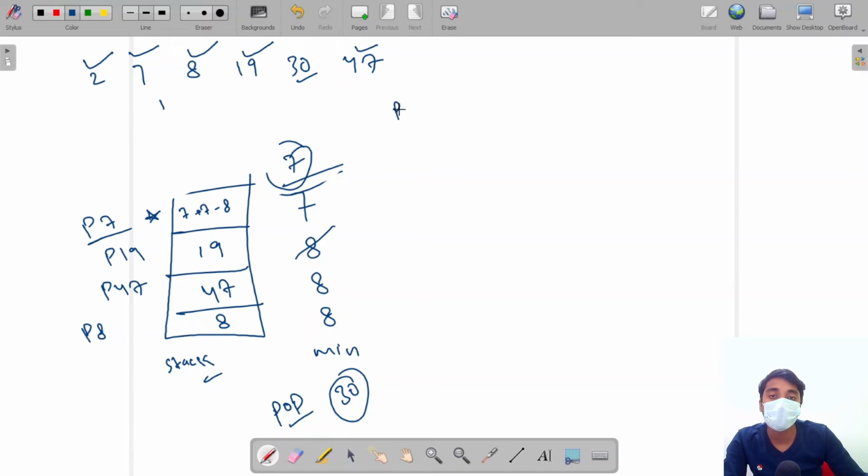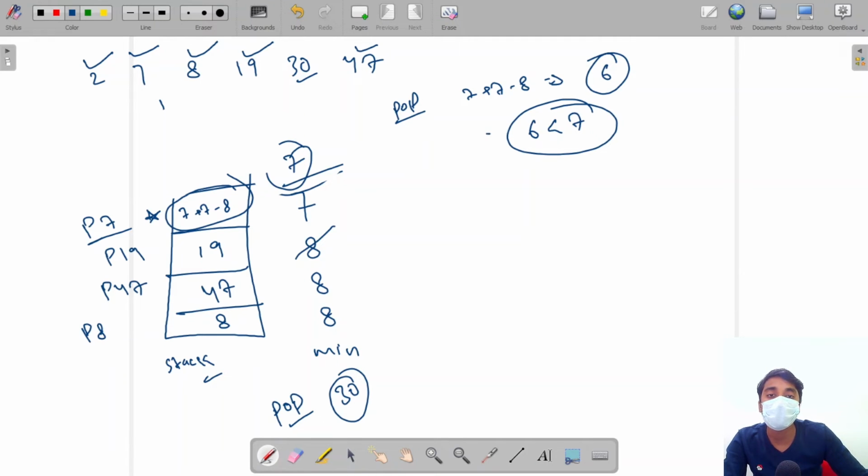Now again pop. This will give us 7 plus 7 minus 8, that is 6. So 6 is smaller than 7. This means our 6 is an encoded value. So the original value is 7, that is the minimum value. We need to find our previous minimum value, that is before 7, which is 8.